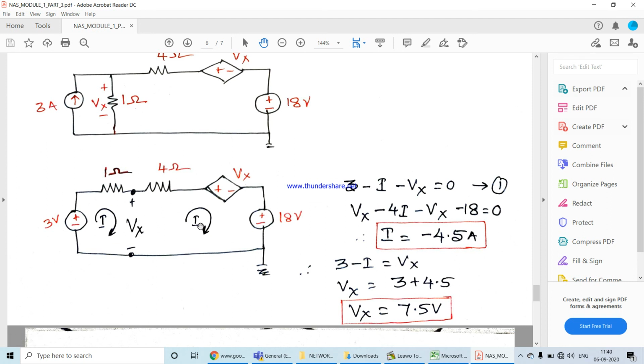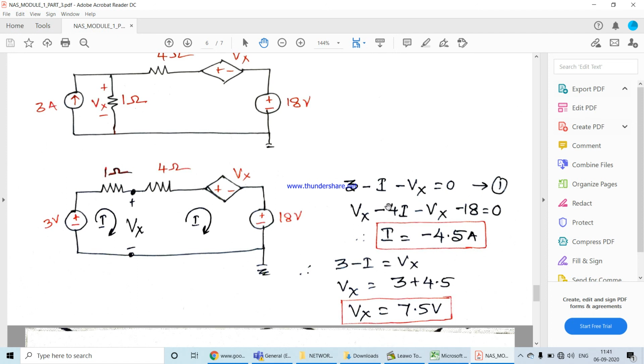Similarly, if I write the equation for this particular loop, plus Vx minus 4i. See, the current remains the same. Vx is the open circuit voltage value. Once this is open, the same current flows through this entire circuit. Okay, don't get confused. This is open. As it is open, current I remains constant in this entire loop. It is as good as all are in series only. But I am keeping this Vx because we need to find out Vx. That is the question which is given. So 3 minus I minus Vx equals 0.